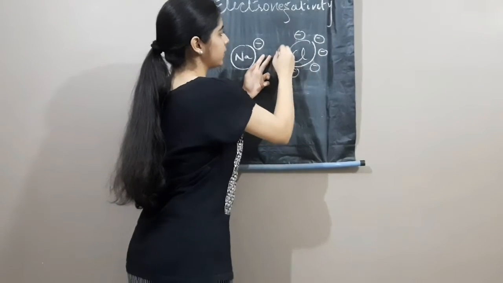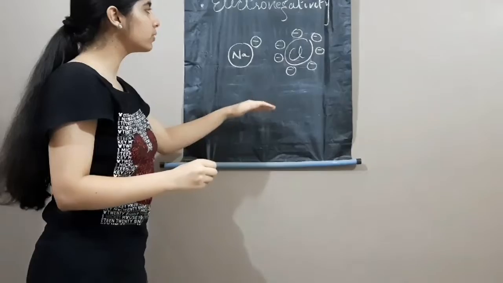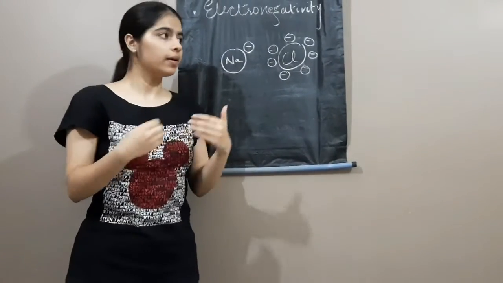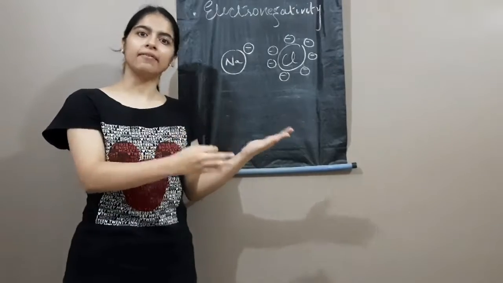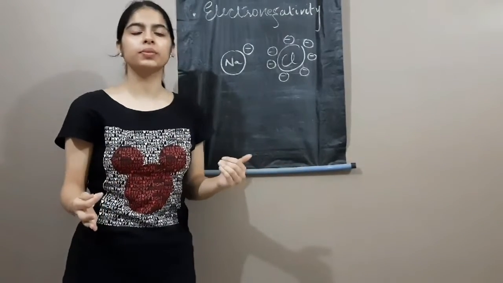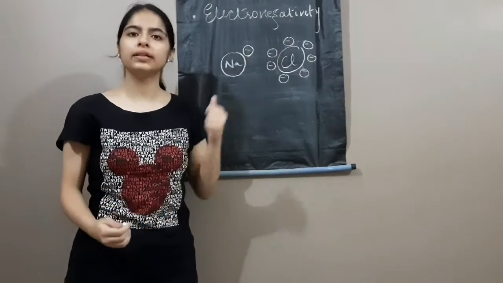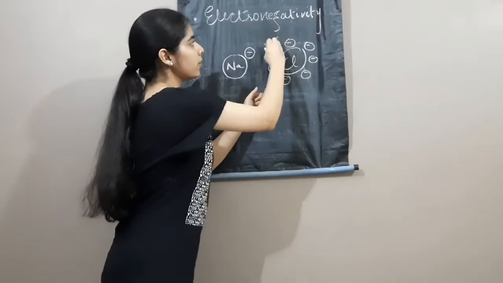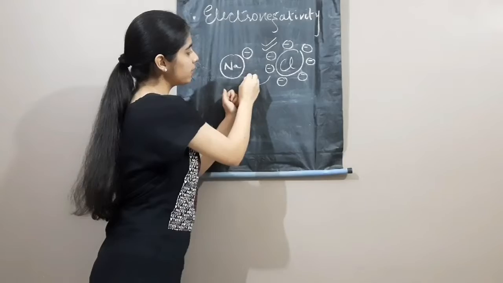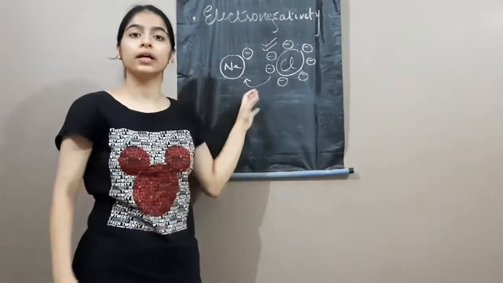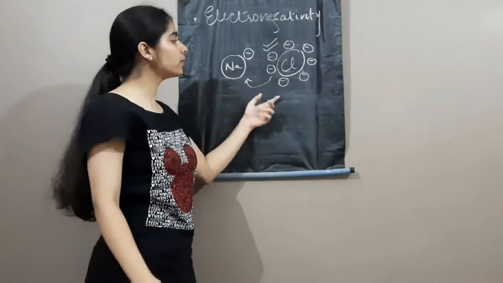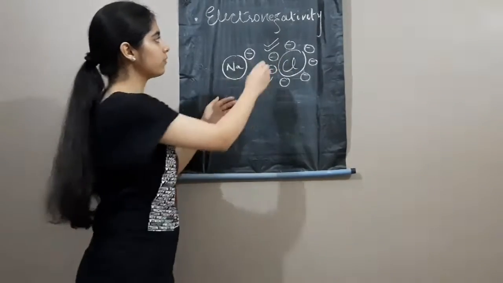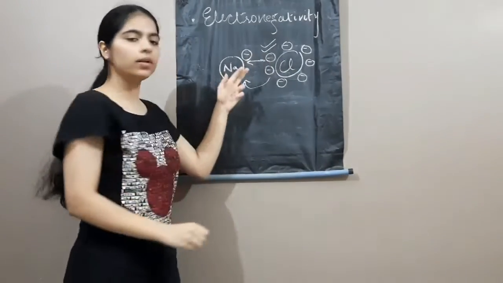5, 6 and 7. So you tell me, if I am 50 kilos and the other person standing is having 70 kgs, will that person push me or will I push that person? Definitely that person is going to push me. So this is what? This is stronger. This chlorine will attract Na towards itself with more firmness. So what does that imply? The tendency of an atom to attract the shared pair of electrons towards itself is called electronegativity.